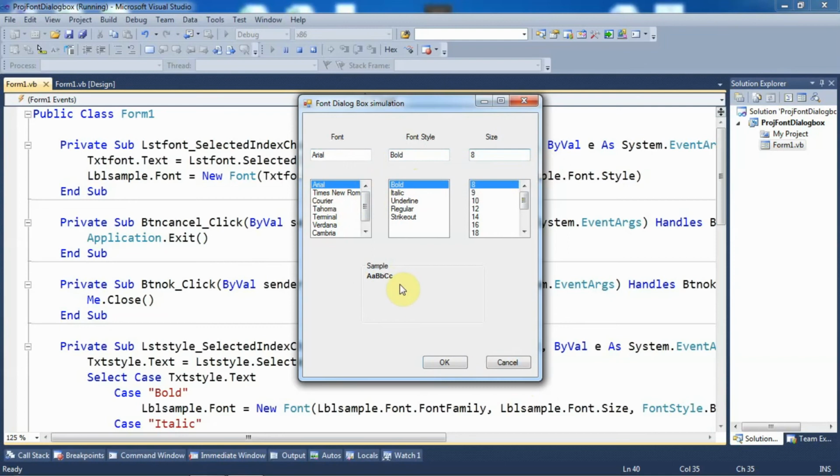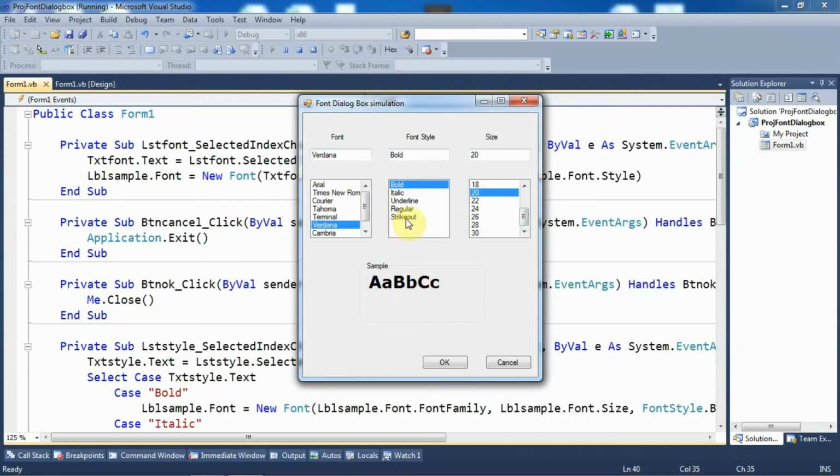Now let's change the font family to Verdana, and see over here you are able to see the effect on the text of the label control, and within the text box the value has been changed from Arial to Verdana. Now let's change the font size to 30. See over here you are able to see the effect. Here I am making it 20, so the size is 20.